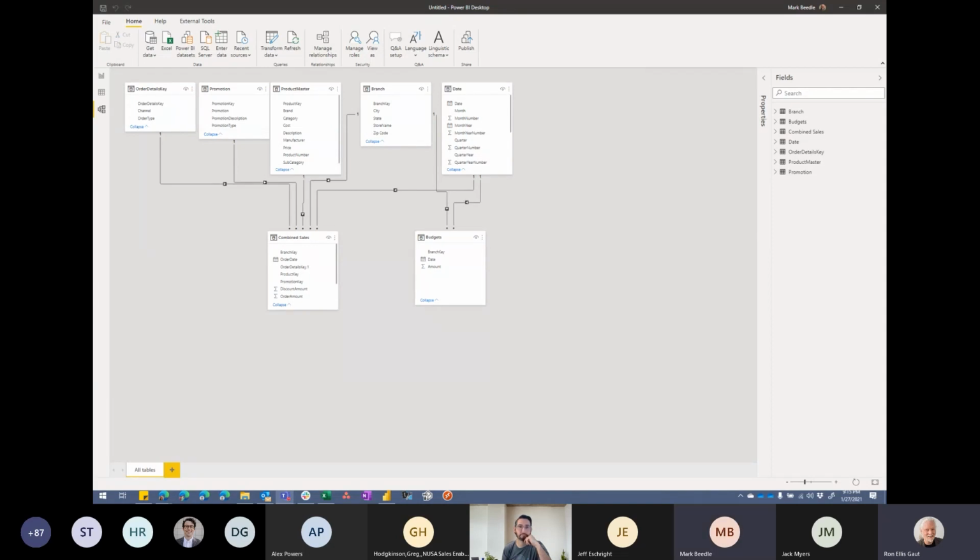Right. And in reality, what I normally do is I wouldn't use the Excel connector at all, because as soon as I publish this, I've got to use a gateway because these are saved on my desktop, right? So what I normally would do is save these files to a SharePoint library or a OneDrive library, and I would go grab them using either the SharePoint folder connector or using the web link to get to the Excel file online. That way I could avoid the gateway after publishing. But yeah, it's a great call out.